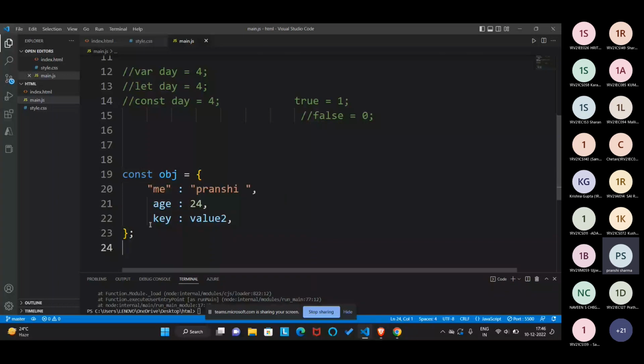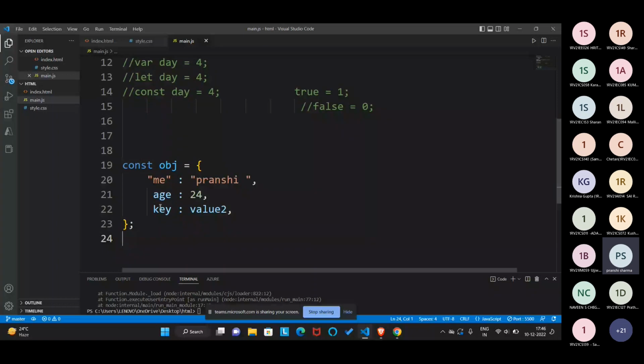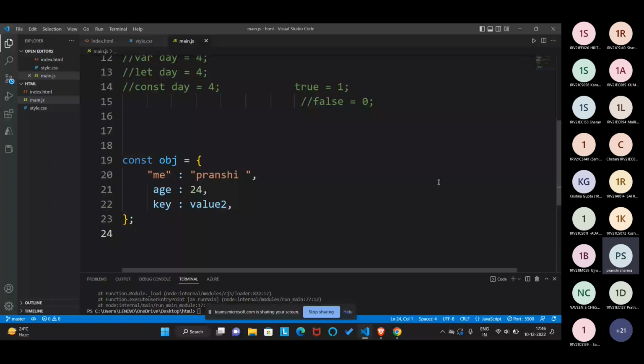You can give anything to this key-value pair, and this is how objects are made. If you are building a website, what is the practical meaning of why we create an object? If you want to give some information in your web page, this key and value pair comes into existence. That's why we make an object. This is the syntax of an object: you have to declare the object type, with the keyword, equals to